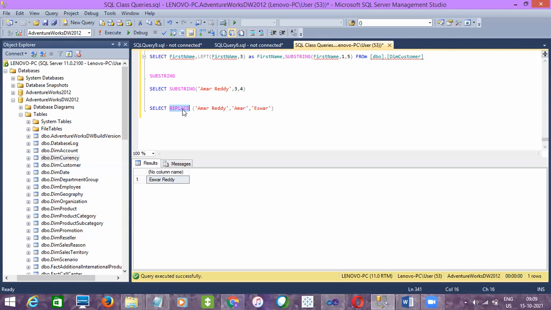In that scenario, you can use the replace function to replace the text value in a field, so that you can see the changed value here. So there is no special syntax, just moving from old value to new value.